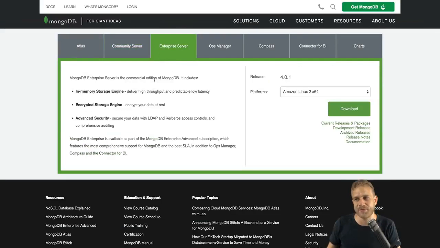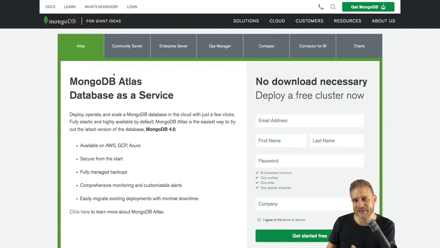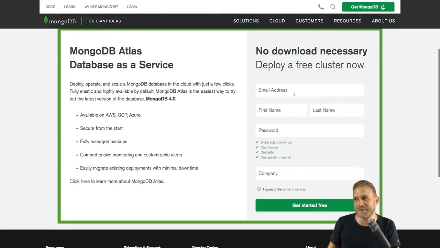The enterprise server, by the way, is basically the same, but with a commercial license. So if you want to have a self-managed server and you want to earn money with it, that would be the option to go. Or there too, you can use Atlas. So I will use Atlas because it's easier to get started and does a lot of heavy lifting for us. You just need to sign up there, but you don't even need a credit card, and it will be for